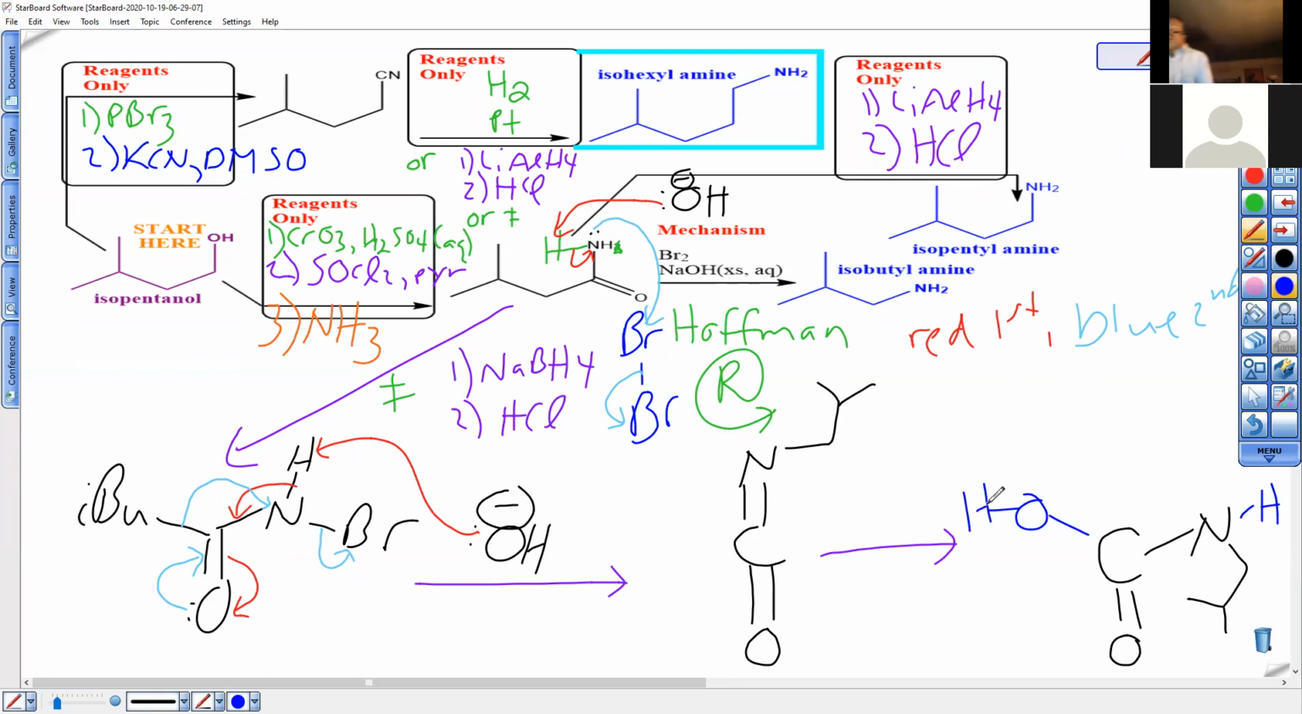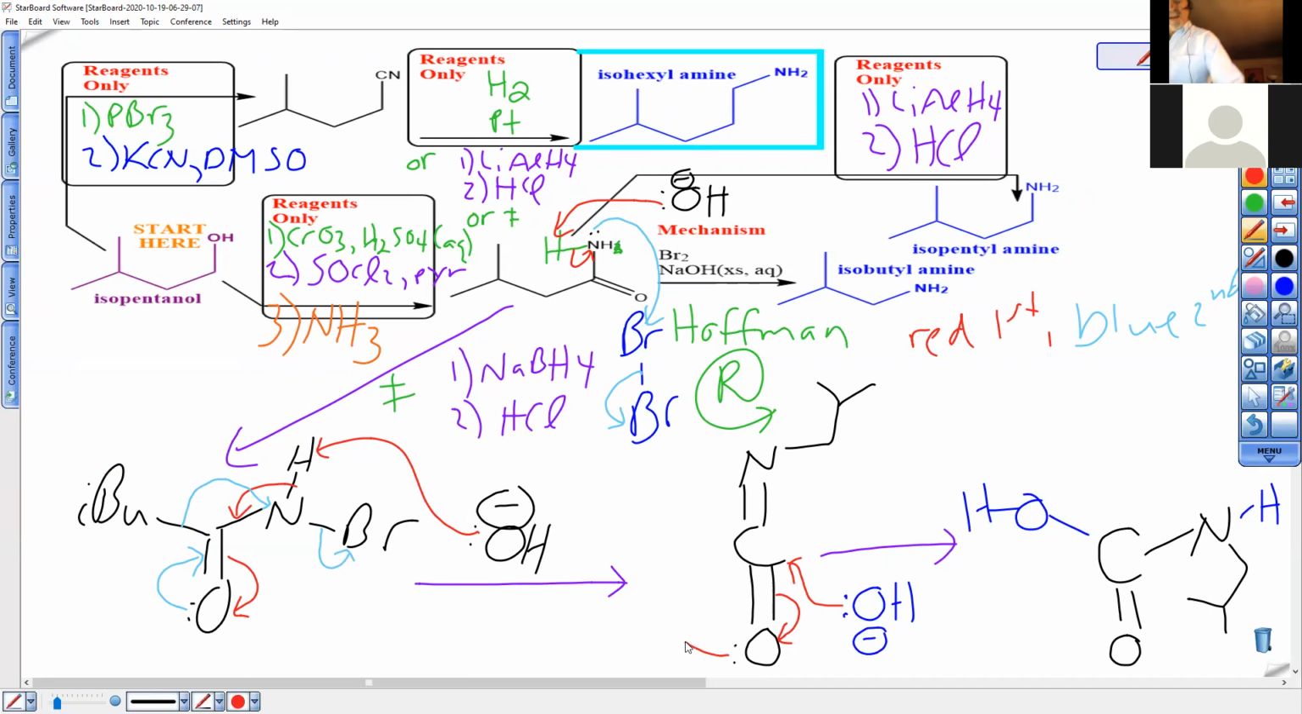Kind of looks like a hydration product, doesn't it? New stuff is blue. We can get the OH on by attacking the carbonyl. Break the pi. The lone pair comes back and picks up a proton from the best